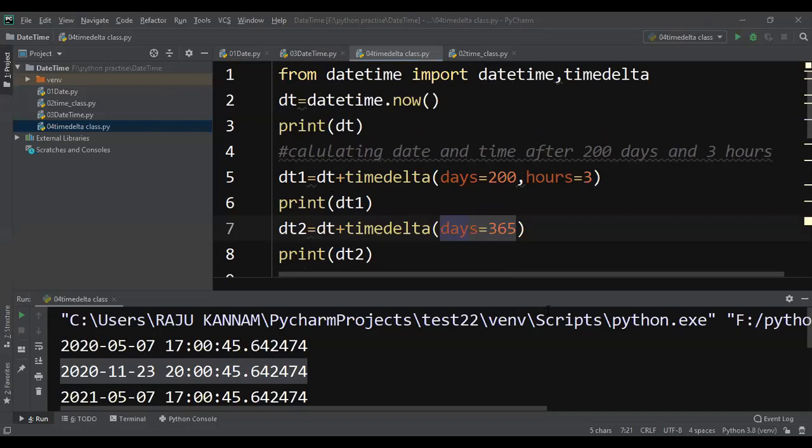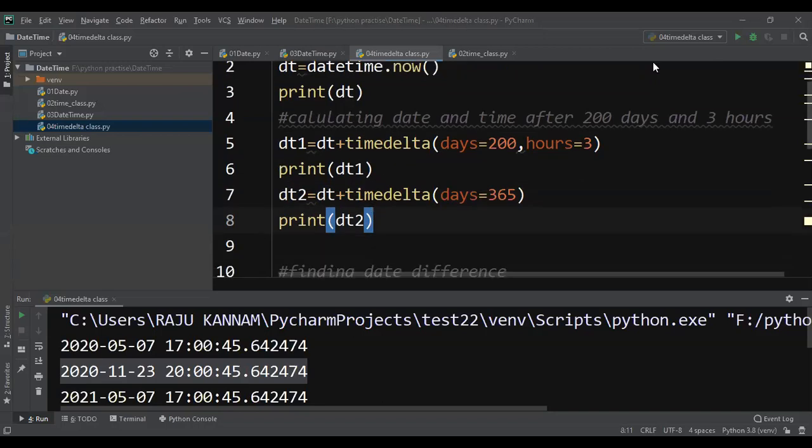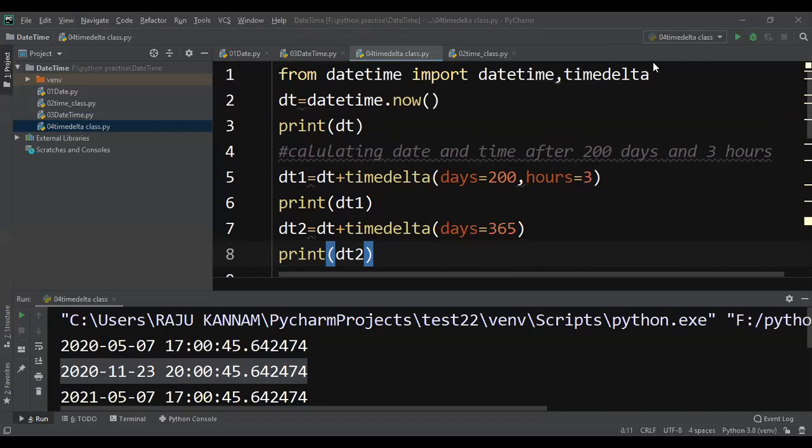Date means the current date, or you want me to repeat the first class, the date class? Okay, the datetime date class. Okay, madam.